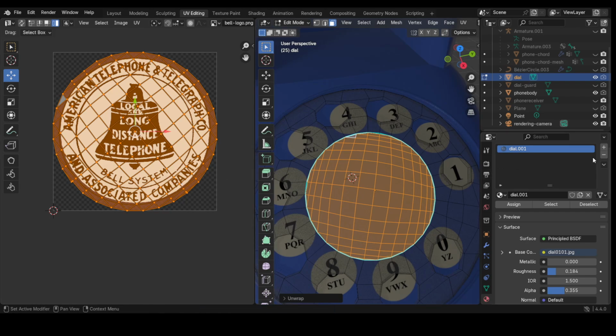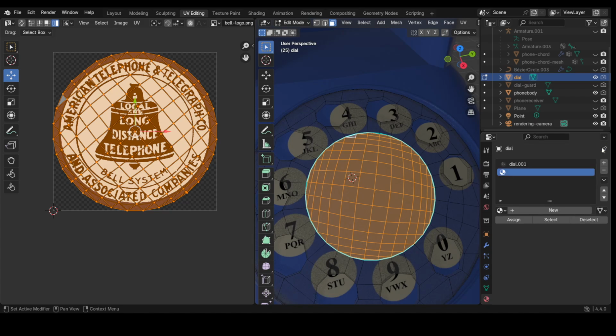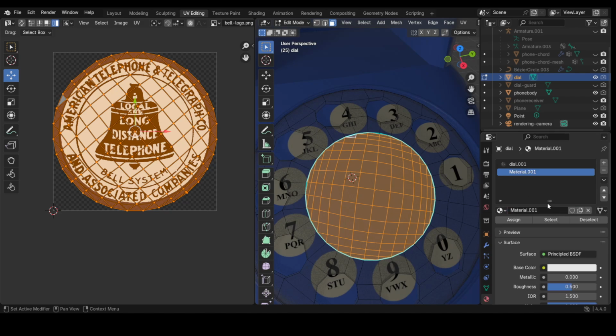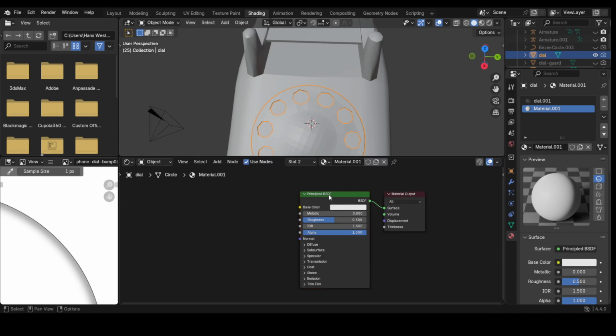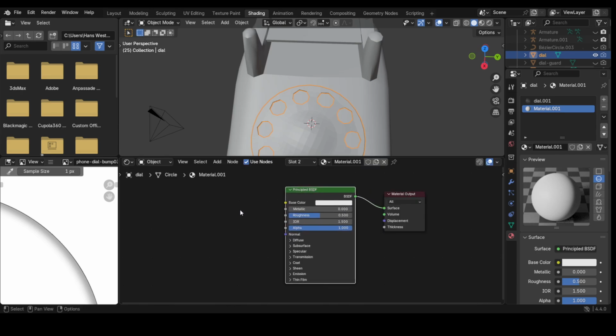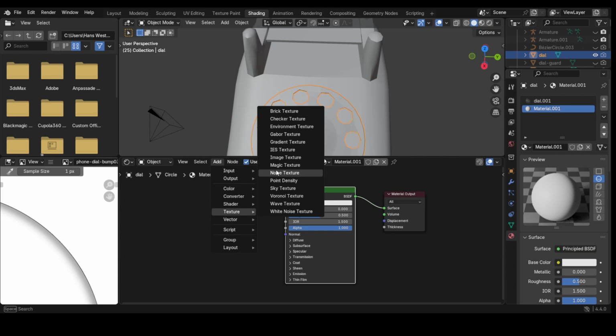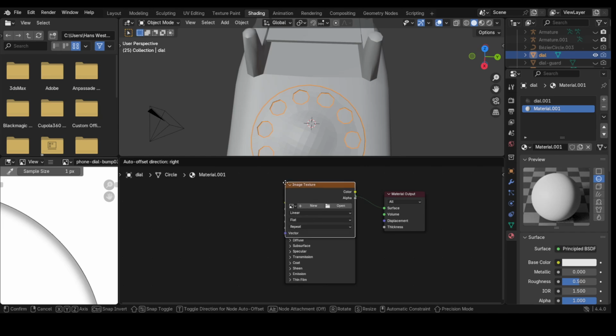So now let's go ahead and add a new texture here. Right there, add new. Go back to shading, just like that. And from there, what we're going to do is add a new image texture, image map right there,